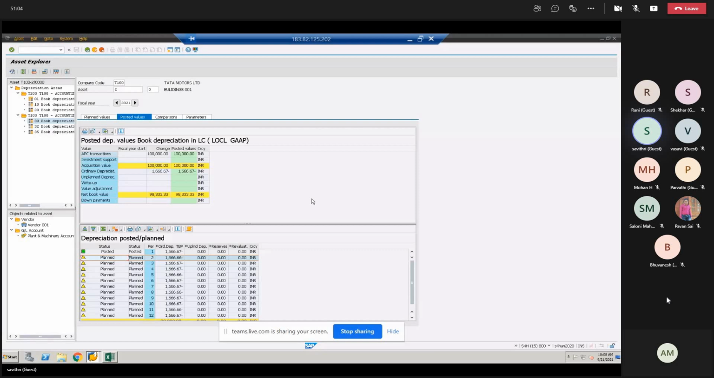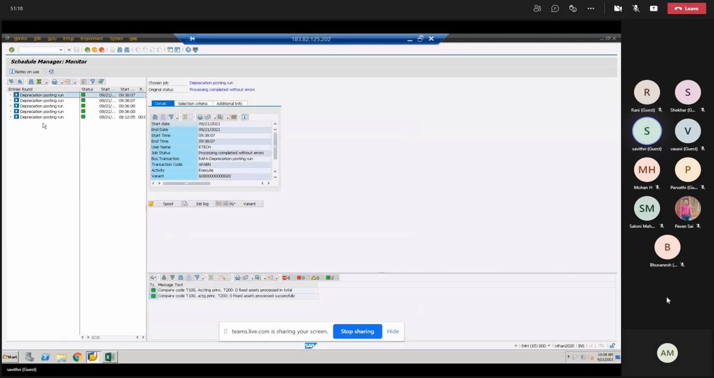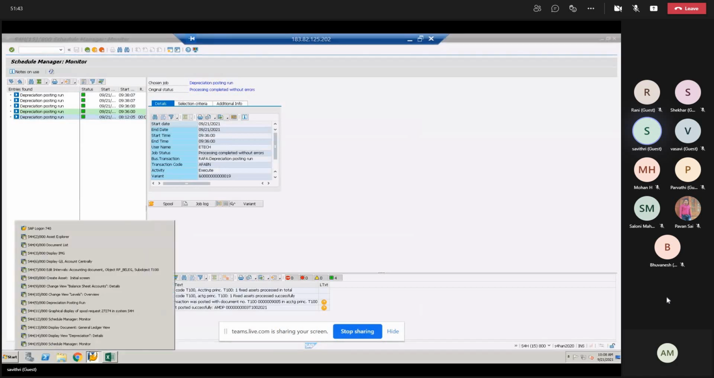The moment they post the depreciation, this will turn from planned to posted, and if you double click on it, it will take you to the logs, and then you can see how the entries were posted. It will give you those details. So this is another entry which got posted as per accounting principle. It will be per accounting principle, because we have defined two accounting principles. So it will post a 0L entry, and for the other accounting principle, it will post another entry. If I open this document,